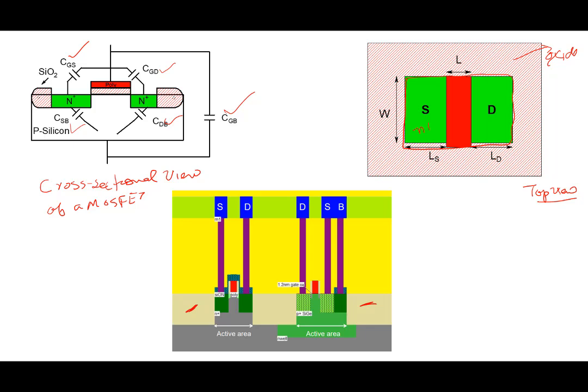This is your source N plus, this is your drain N plus, and in red is shown polysilicon, and under the polysilicon which is used as a gate, it's N plus poly, which serves as a conducting layer, and under the poly is your very thin gate oxide. Right, so this is a simplified picture of how your MOSFET from the top will look. Okay, so besides the channel length,